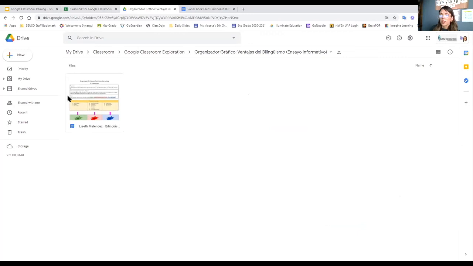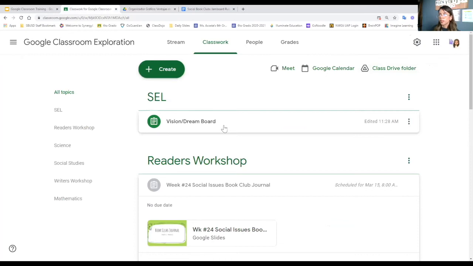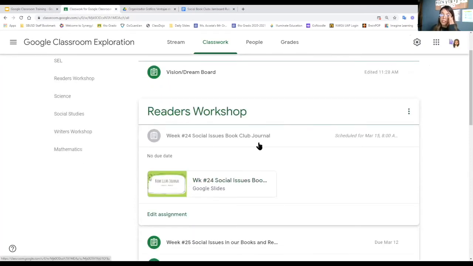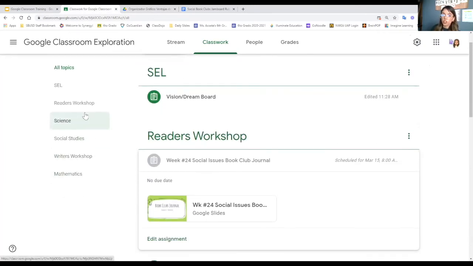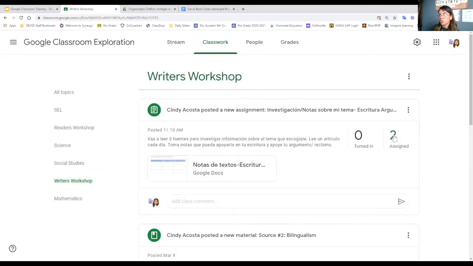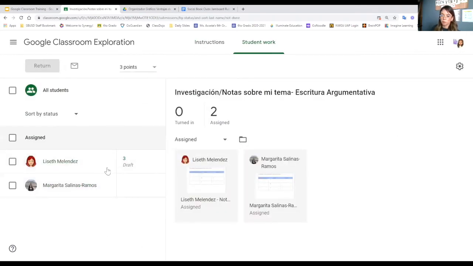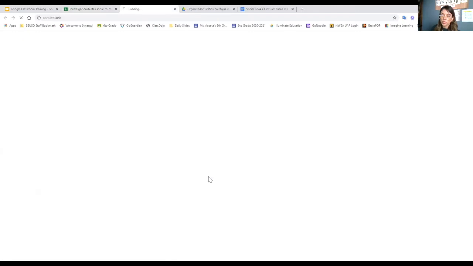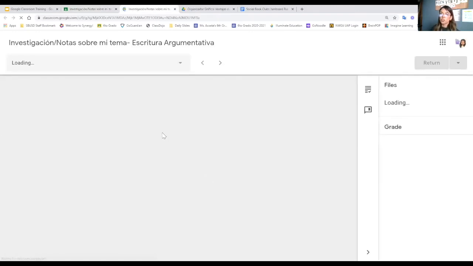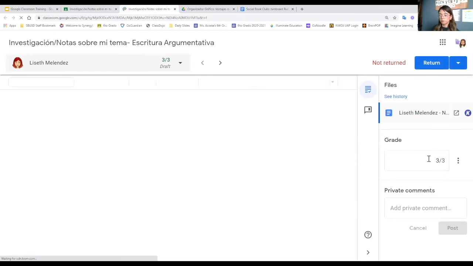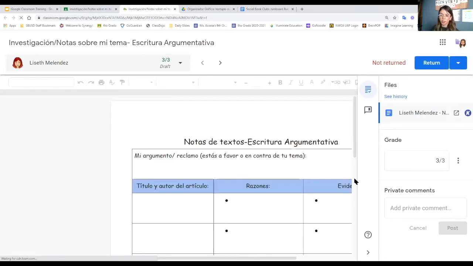Now, if you just want to see all of their work right away, another way to see it is just going to the assignment. So for example, writer's workshop, and just click on the assignment, the people that you have assigned, and you can see their work. Then you just click on the student, and it's gonna open another page where you can just see it and give them the grade. This is one of my colleagues, that's why she hasn't done it, but that's how it